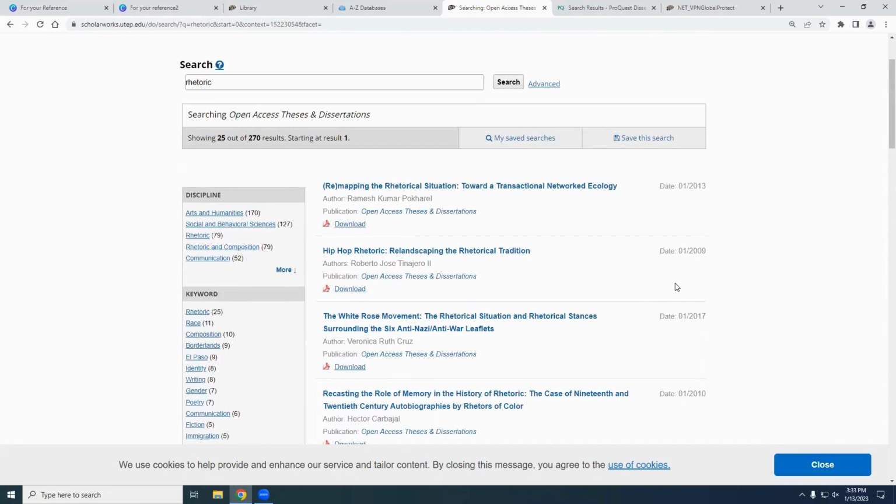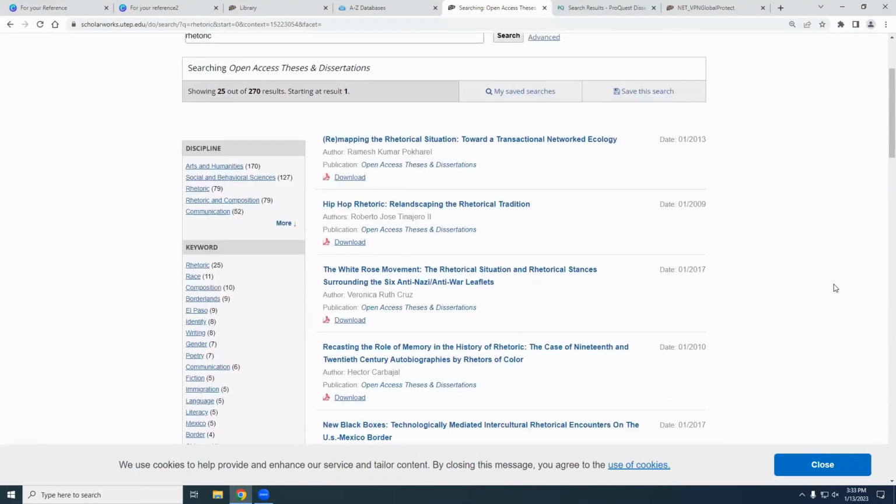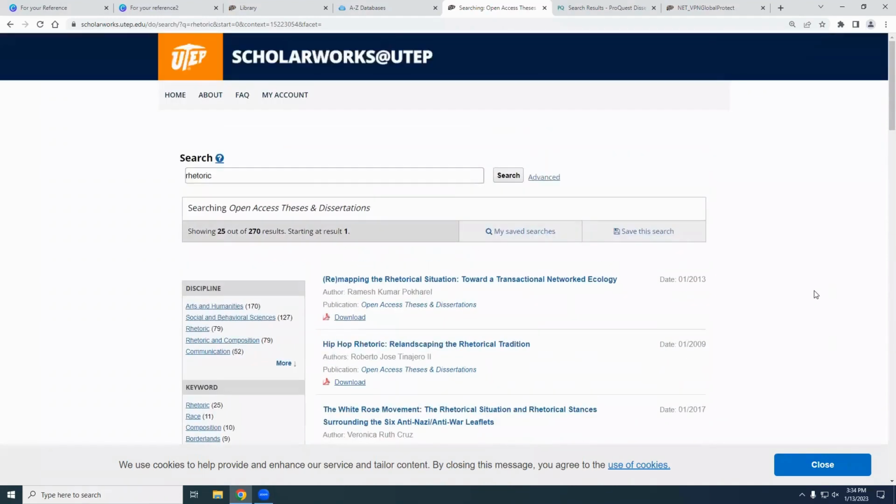And our goal is that you can certainly choose to not have your dissertation or thesis published, but we hope that you do so that you start contributing to the research in your field and, of course, start making an impact all around the world, as you saw from that map.